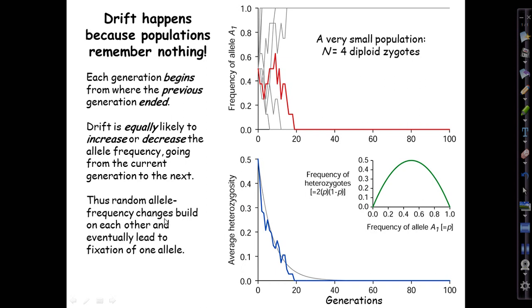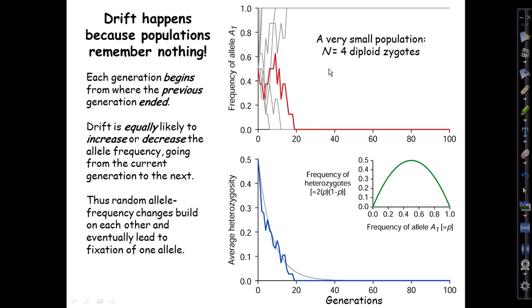So random allele frequency changes build on each other and eventually lead, unless mutation or selection or migration intervenes, the drift will eventually lead to the fixation of one allele or the other among those present in the population at any given time. These figures from your book, this pair, shows